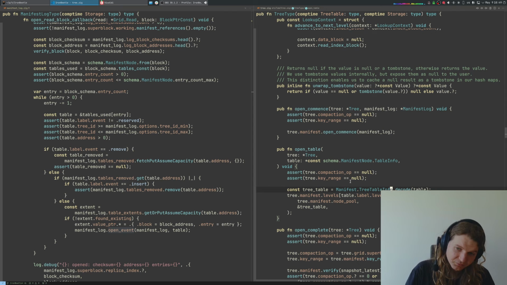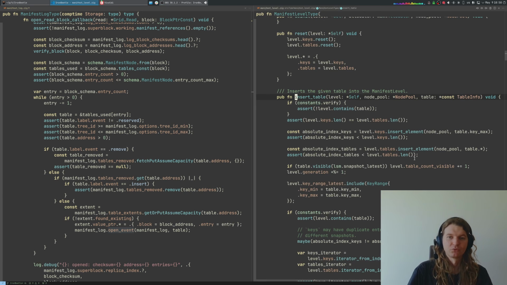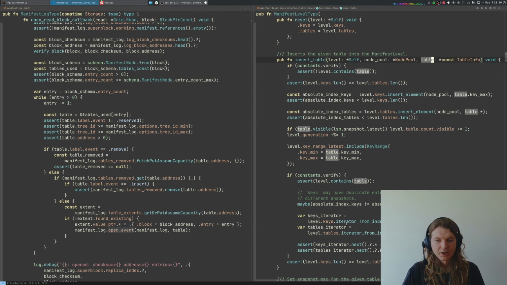Okay, so anyway, we did this reverse downcasting, and then we insert this table into our in-memory structure of tables we have so far. And this brings us to the manifest level code, which I wanted to see from the start, and which is pretty simple. So we have our table. We find where we need to insert it in our